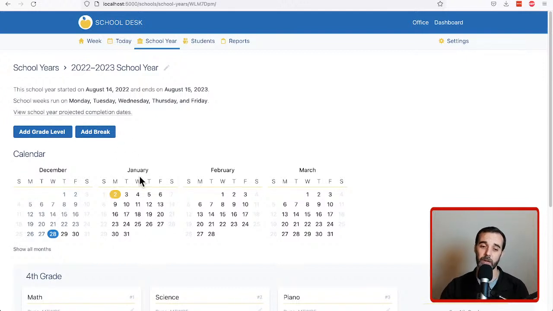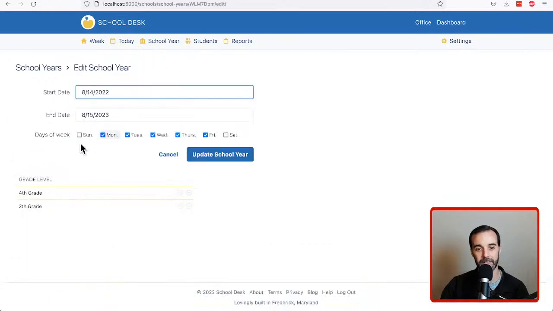So a school year can contain the days that have already passed, plus any days ahead, plus any breaks that might be there. So she wants the number that is whatever the total is. But this is not as easy of a calculation as you might think, because the school year itself can have a variable number of days that the school can run on. So while I know the way that my home runs,